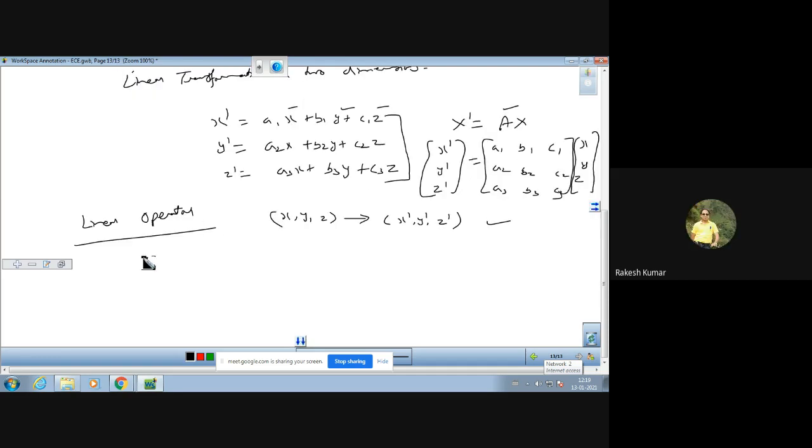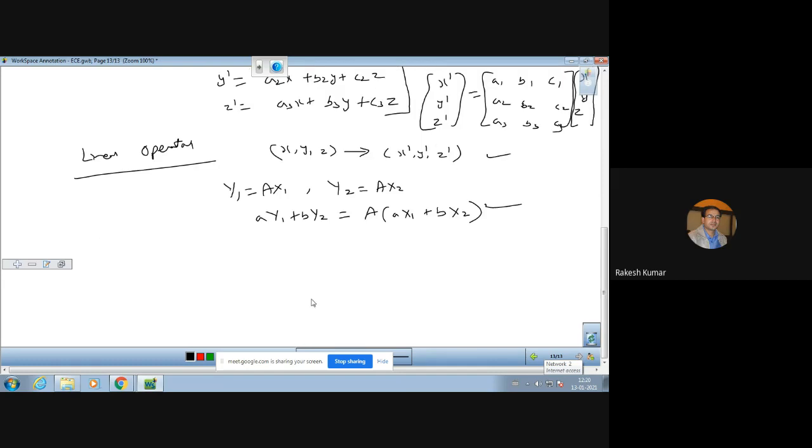Now, why is it called linear? This is the logic we have. Suppose we have y1 is equal to Ax1 and y2 is equal to Ax2. Then clearly a y1 plus b y2 will be A into (a x1 plus b x2) for all the values of a and b. क्योंकि उसमें डिग्री जो है हर एक टर्म में 1 होती है, इसलिए हम उसको लीनियर ट्रांसफॉर्मेशन कहते हैं.